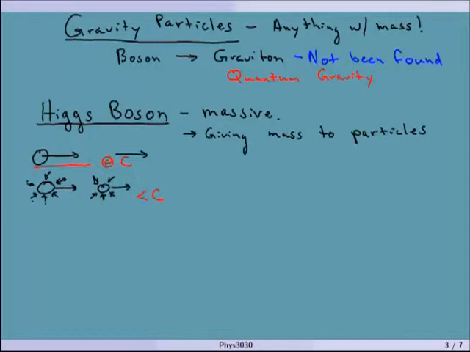So it's this idea, this theory, that you have this Higgs field that interacts with particles in such a way that it makes them seem like they have mass. Okay, and the Higgs boson is also unfortunately called the God particle, which is definitely a little bit of a misnomer, right? But this is the thing that they're looking for in the LHC, which we'll talk about maybe next lecture, actually.